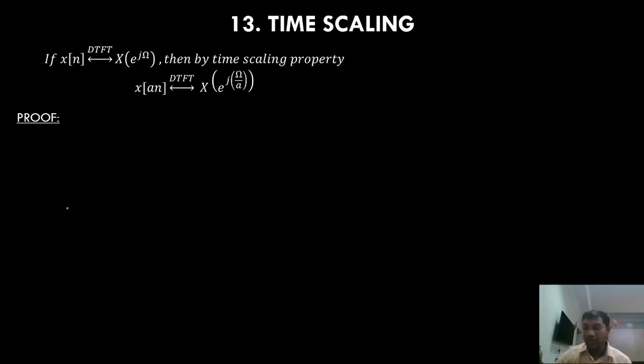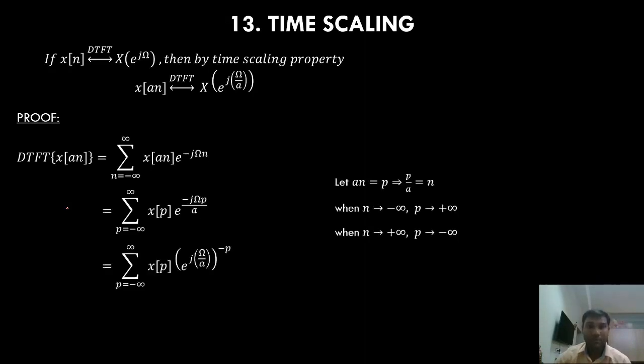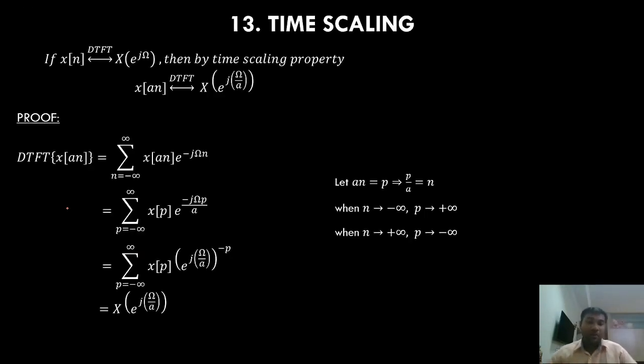And now we have already seen the time scaling, right? Time scaling and time reversal, we have seen them together. So this is the end of properties of DTFT. In the next video, we will look at some problems or we will calculate DTFTs for some standard signals as well.